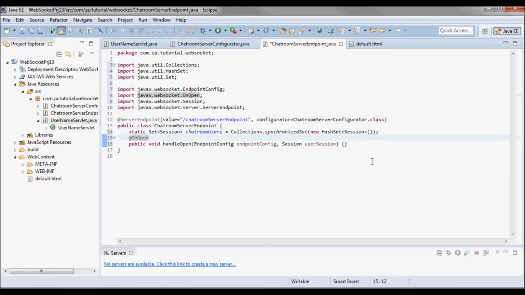So this method will be called once a new connection is established, and the connection is represented by this optional session parameter. And here in this method I'll go ahead and put the passed in session in the set of sessions that I'm maintaining.